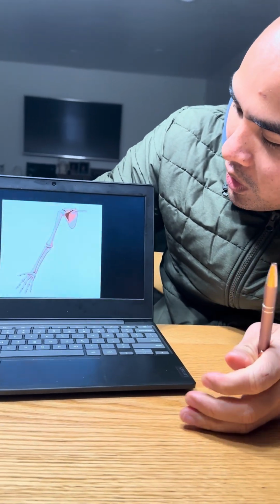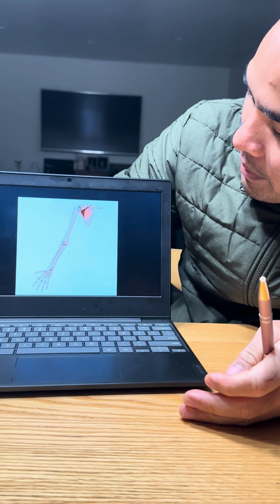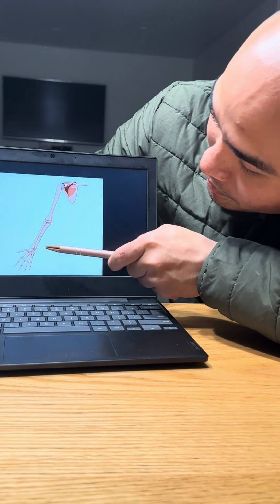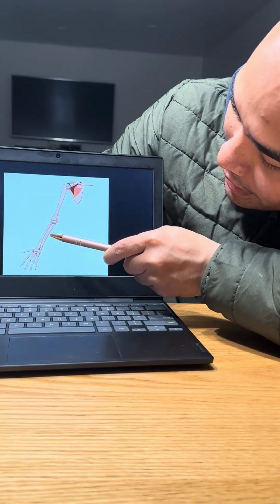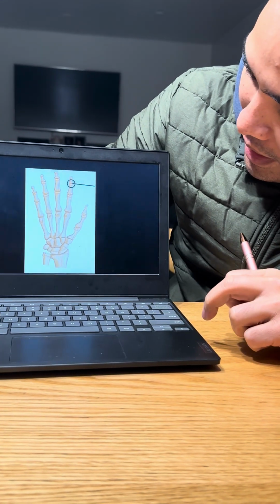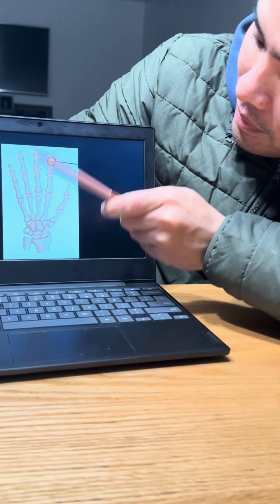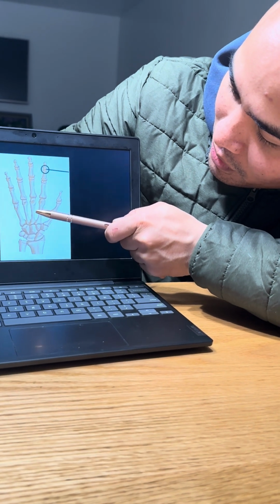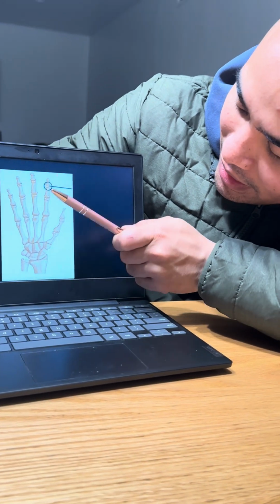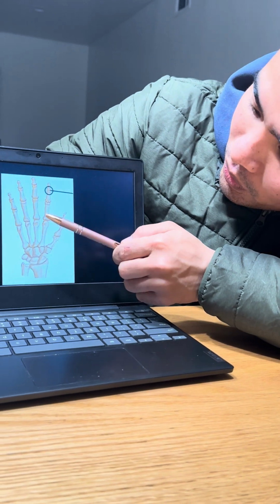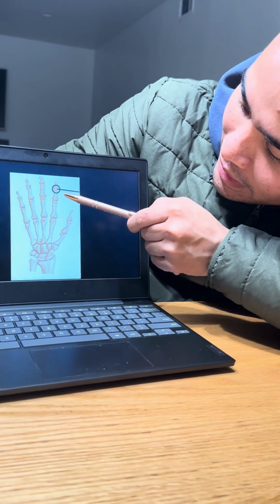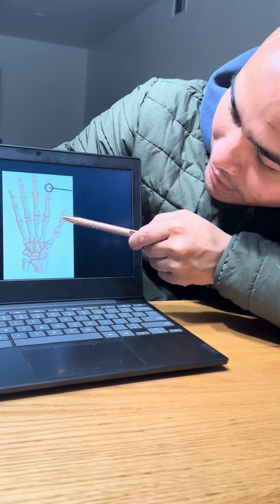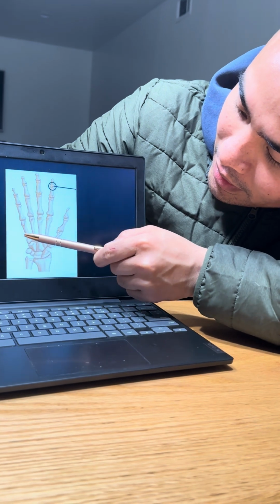All right, now we're going to the appendicular skeleton of our body. This is your clavicle, your scapula, humerus, your radius, and ulna. Okay, now we're going to the hands and wrist bones, and this particular one is the right wrist or right hand, I would say, and anterior portion. So with your right hand, these are your phalanges right here, and the thumb only has two, the rest have three, and the